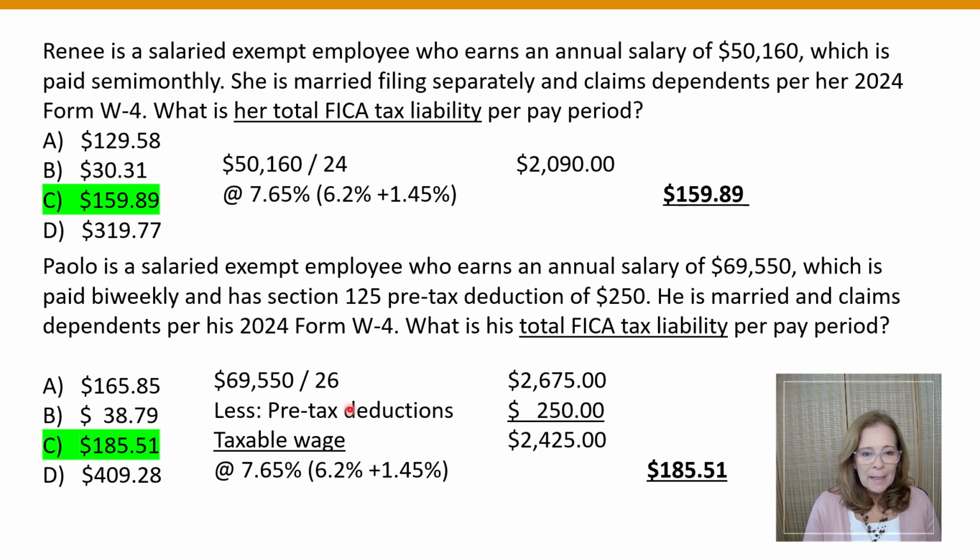We start by dividing the annual salary by 26 because Paulo is paid bi-weekly, which results in $2,675. We subtract the Section 125 pre-tax deduction of $250, which results in taxable wages of $2,425, and then multiply the $2,425 by 7.65% to get the FICA tax of